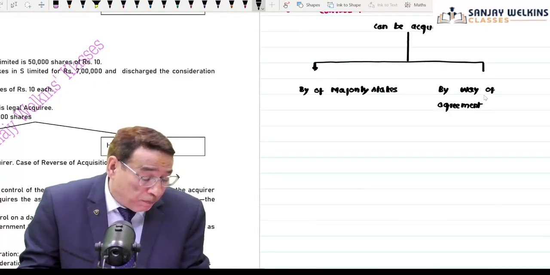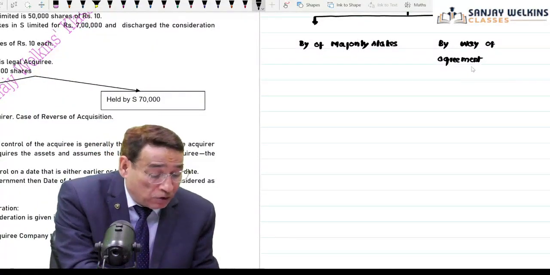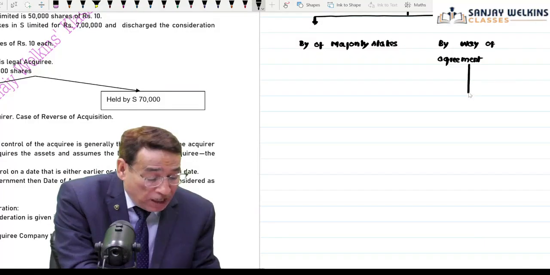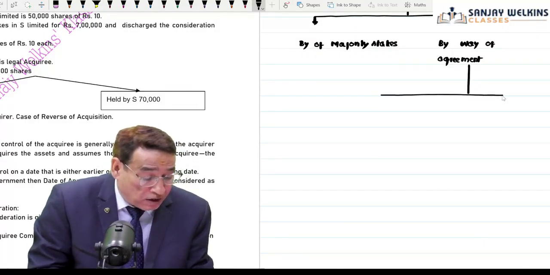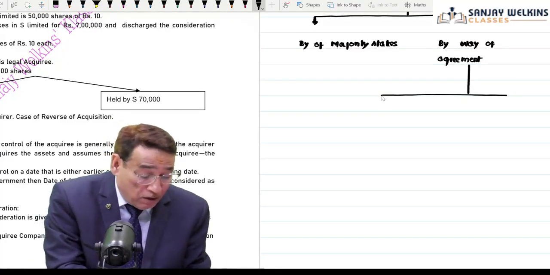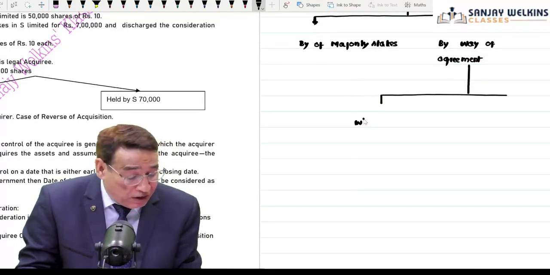So what we mean by way of agreement, I'm explaining. You can get the control over the other enterprise by way of agreement, and even under it there are two situations. Situation 1, when investor entity